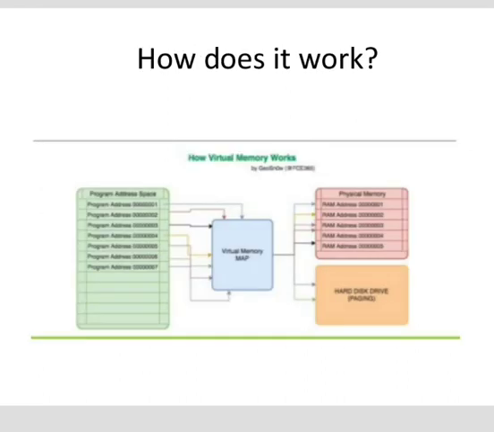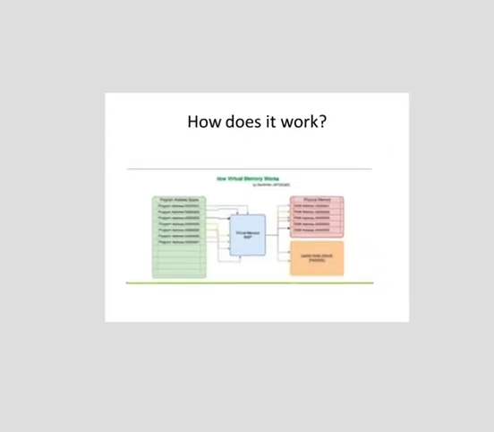So, in most computer systems, the physical main memory is not as large as the address space of the processor. For example, if the processor uses a 32-bit address, then its address space will be 2 raised to 32, so it is 4 GB. In reality, the physical memory that we use in a computer system is in megabytes and not in gigabytes. So we try to run a program that will not completely fit into the main memory.